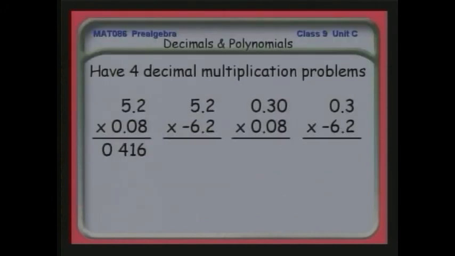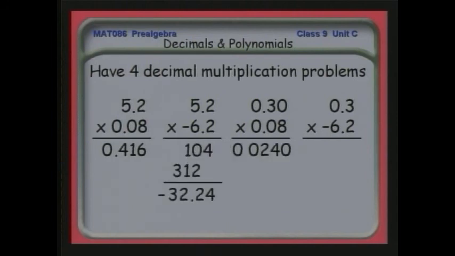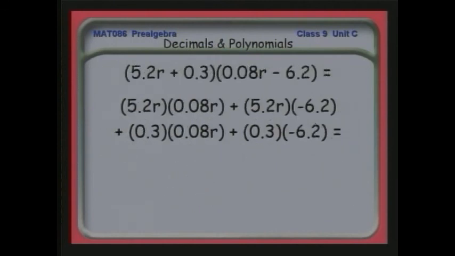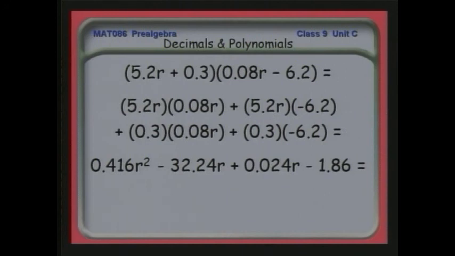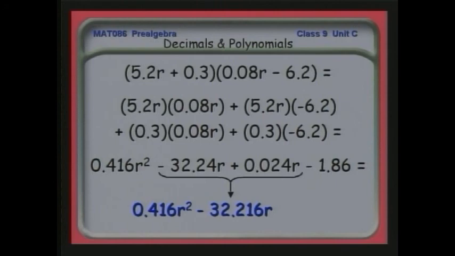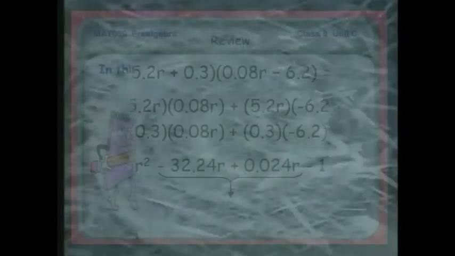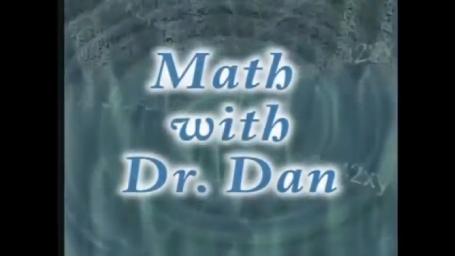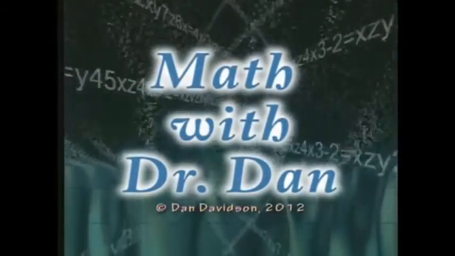We do these 4 multiplications following the usual rules that we've established before. Then we put our final result together and do exactly as we would. Then, of course, we want to combine, and this is going to call for some addition of decimals. We combine like terms, and we're